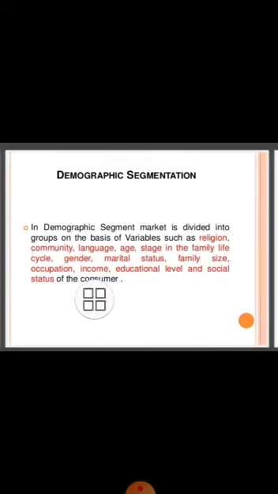If we are earning high income, then definitely we will prefer to buy more goods, and we will prefer to buy the goods which have good quality and which have some brand name. But if we don't earn that much, then definitely our priorities would be different. Then educational level also affects our spending patterns, and the social status also changes the patterns of spending of the